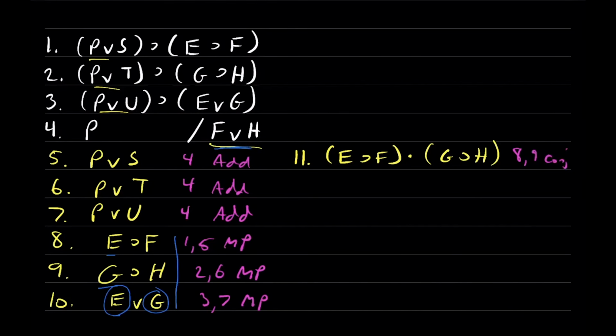Now we can do constructive dilemma just to drive the point home here. In fact, I'll use this blue color again to drive the point home. Line 10 says E or G. Either E is the case or G is the case. Line 11 now says E implies something and G implies something. So if one of those 2 antecedents is true, one of the 2 consequents would have to be true, either